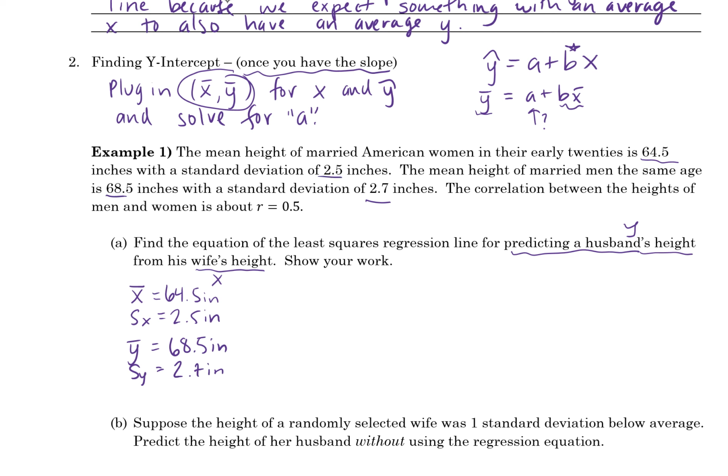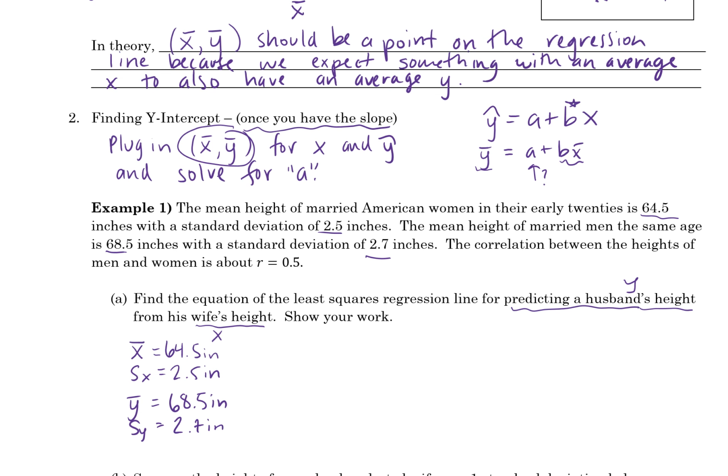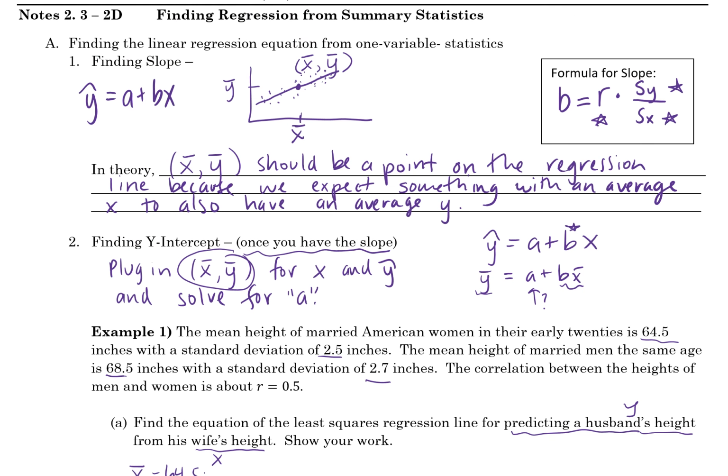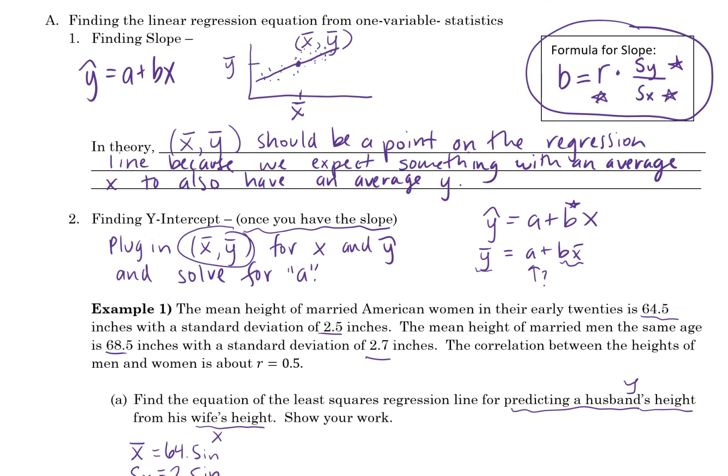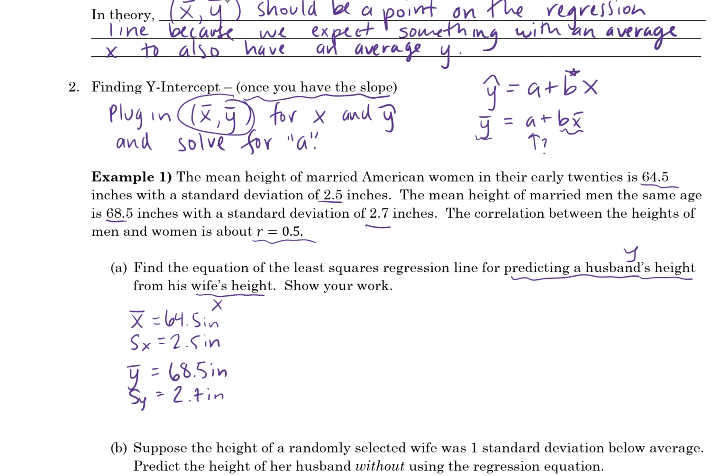So they listed off 4 numbers in the very beginning of this problem, and now we know what these numbers are. And if you notice, I've got the standard deviation of X and Y, which is probably going to play a part in my formula for slope. It looks like the only other thing I need for slope is r. Do they give us r? Yes, they do. So they have given us 5 different values that we are going to use. And this is pretty much how all of these problems go. You're given every piece of this puzzle, you're just supposed to plug it in. So let's go ahead and do that.